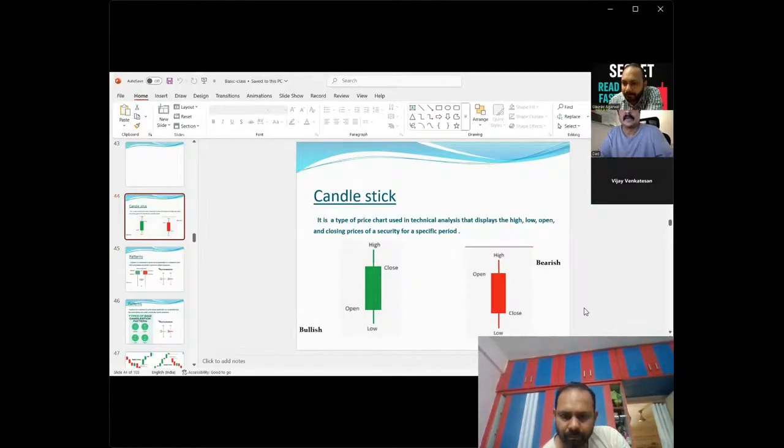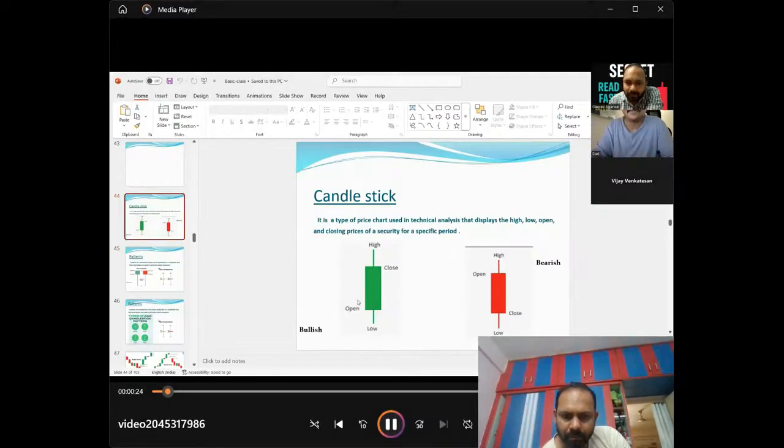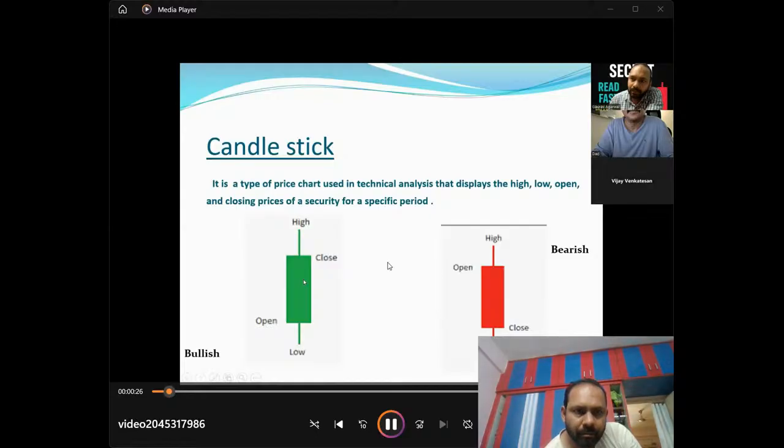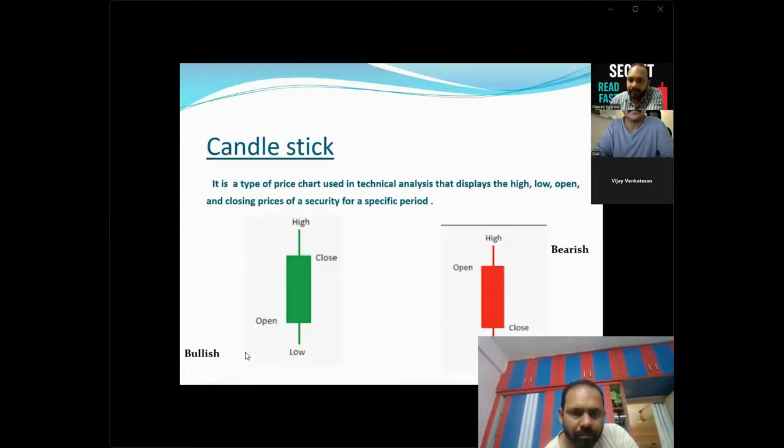Okay. So the first one, which is in green color, this is bullish Marabuzo, means the buyers are dominating the sellers. Right. And second is the bearish Marabuzo. In this, sellers are dominating the buyers. Oh, yes, correct. Okay, sounds good. And we have the wicks also, as you mentioned, right? Upper wick and the lower wick. Lower wick. Okay. And apart from that, we